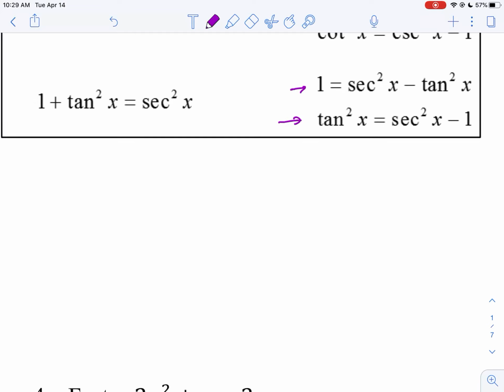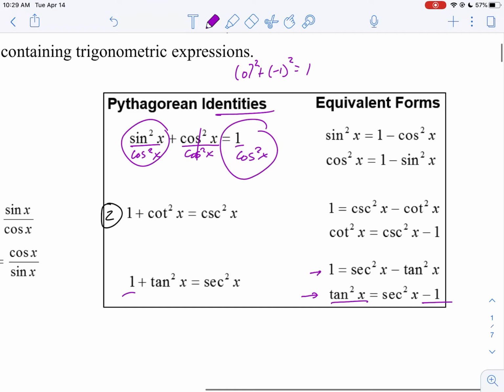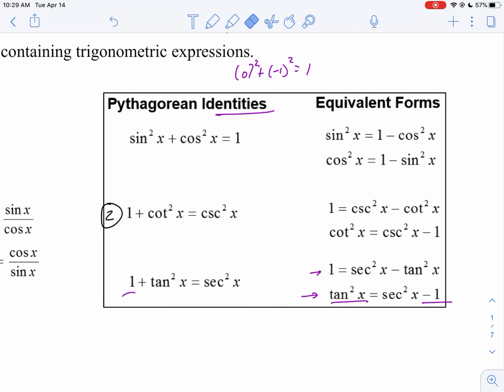And so that gives us this third identity, and then this identity we can rearrange to get these two. You see here they subtracted tan squared from both sides. And then here, to get tan squared by itself, they subtracted 1 from both sides. And that is the Pythagorean identities. Again, I would highlight mainly the fact that you need to know this, and then be able